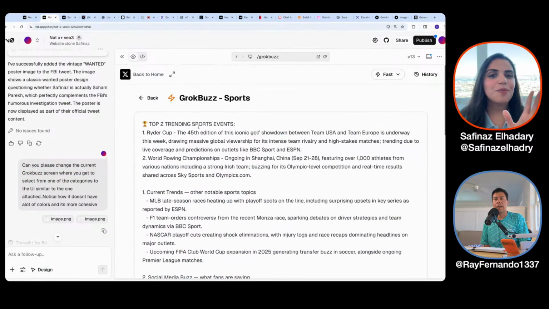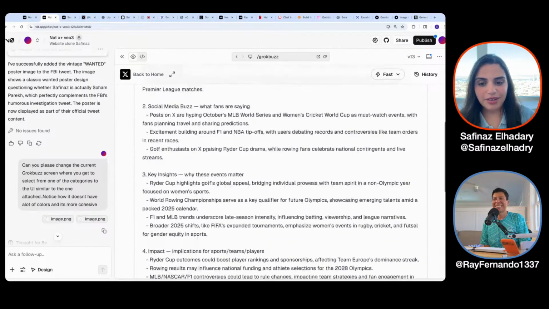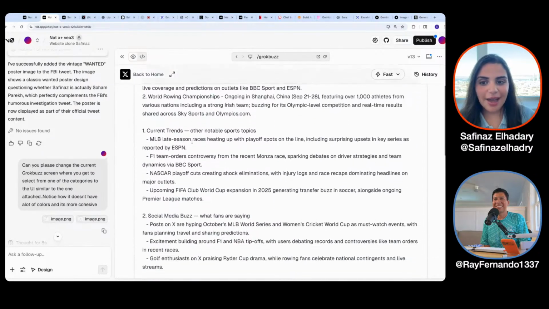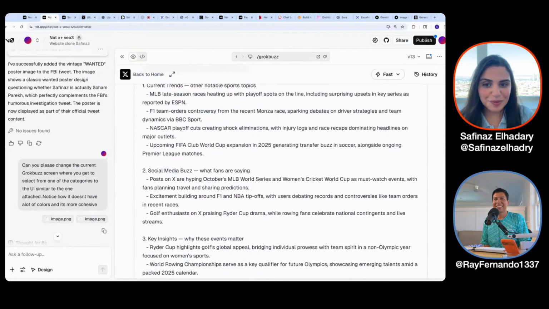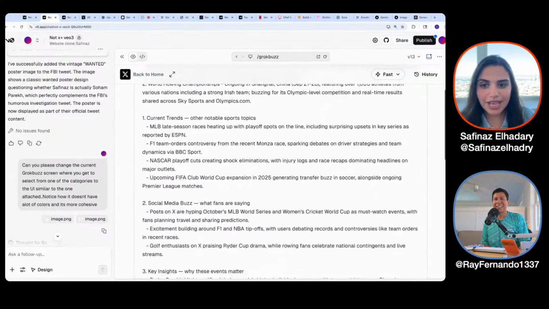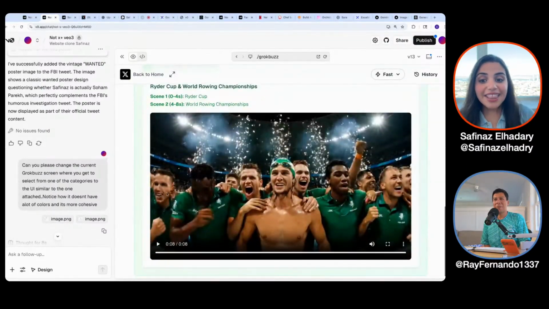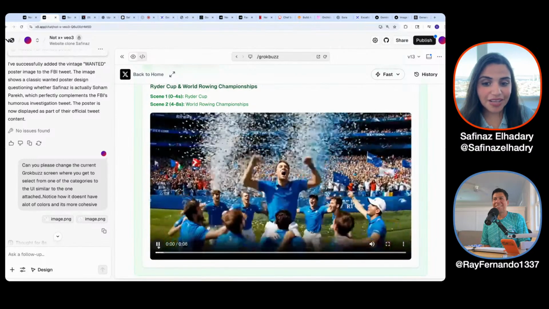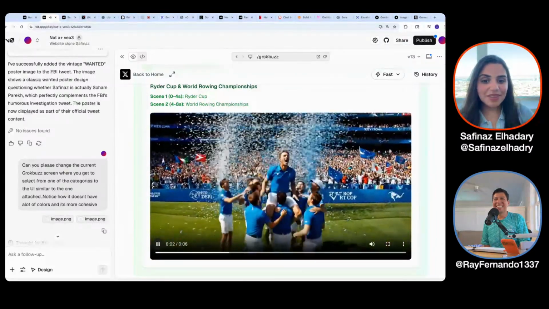And I promise you guys the UI will look better, because obviously I don't want to have all of this here. But it analyzed everything that happened today. And if someone's interested in sports, this will make more sense to you than it does to me. Something with NASCAR and stuff like that. And then the cool part, which I'm still working on,